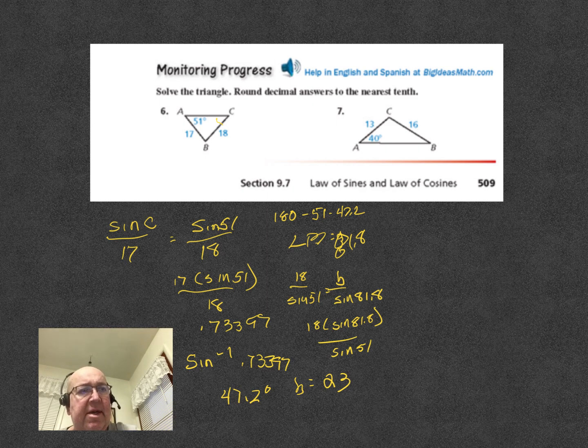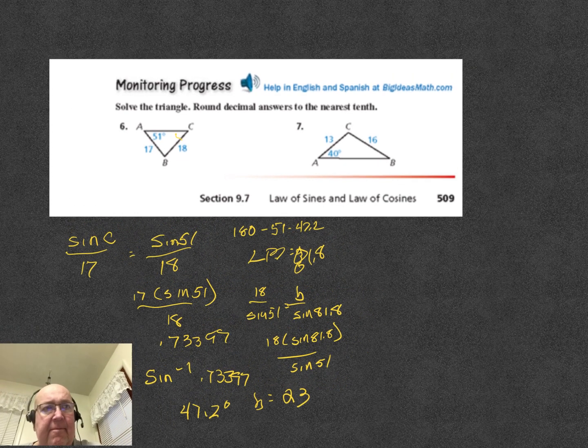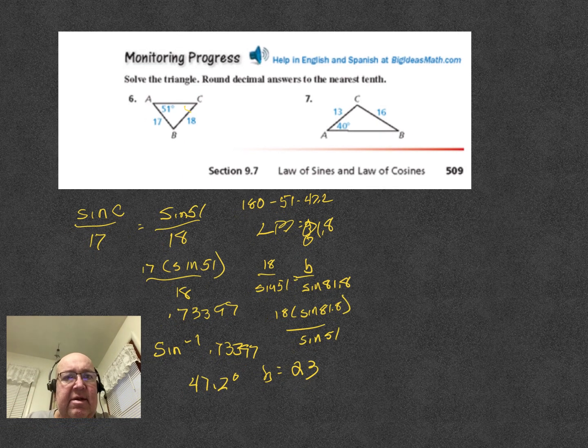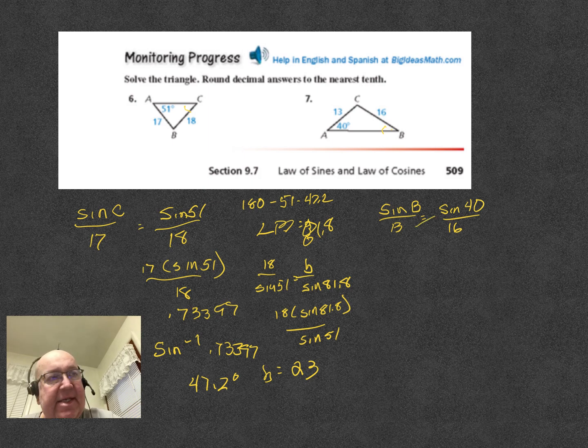As we go on to number 7 here, again, I'm going to do it sort of quickly. So I know that I'm looking for angle B because that's the one that I have an opposite side for. So I'm going to go sine B over 13 is going to be equal to sine 40 over 16. I'm going to multiply 13 times sine 40 and divide by 16, and I'm going to get